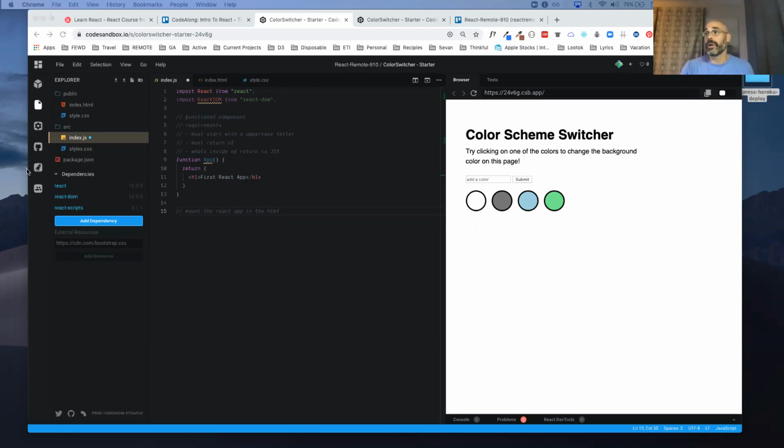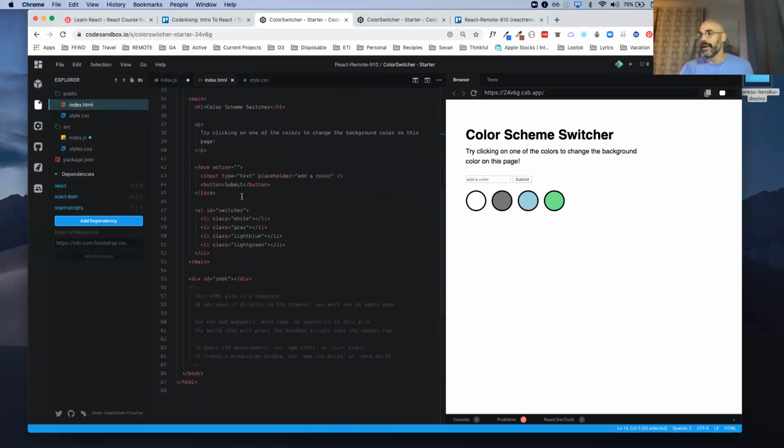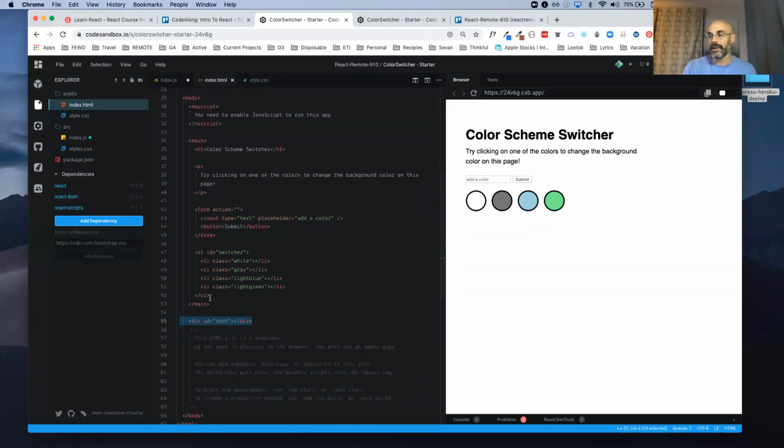I'm going to quickly go back to the HTML to see if there's anything in here that stands out. And there's this div ID root. In a React app, if we spun this up, we'd really see div ID root. There wouldn't be any main here. This becomes our mounting element. We're going to tell React, find the element with an ID of root and attach yourself to that, and you control everything inside of that. You could build out Facebook inside of ID root, and Facebook would live there.